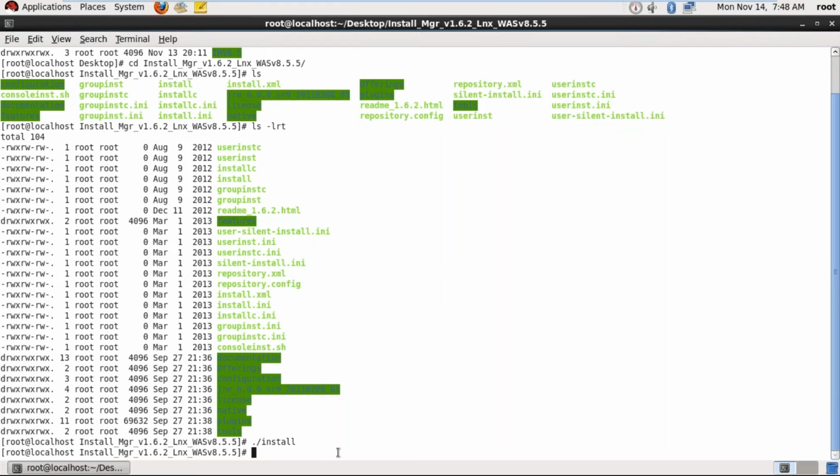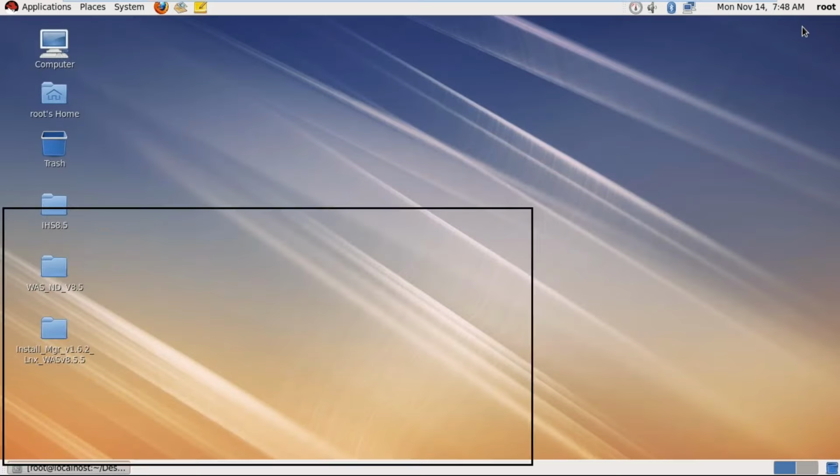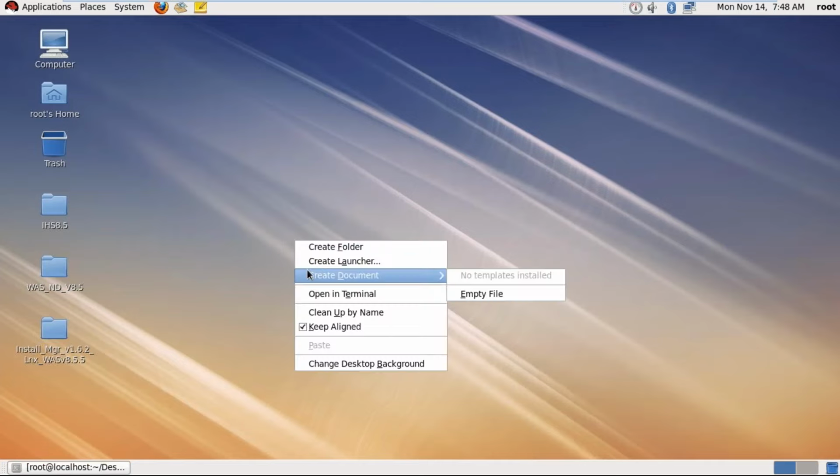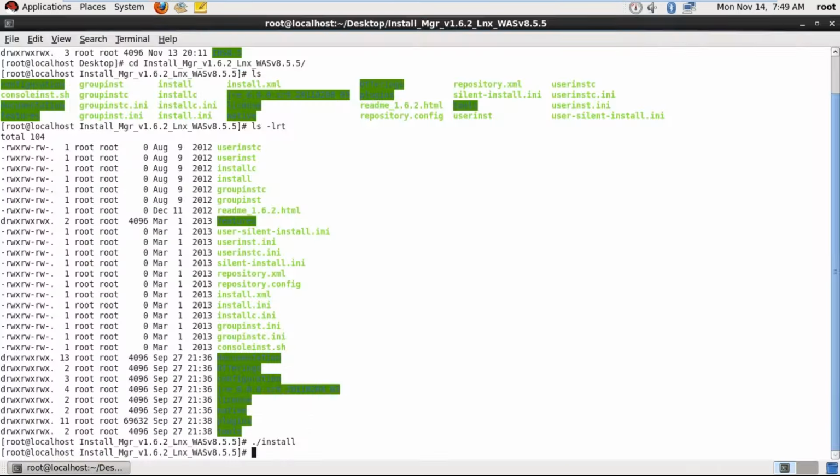Click on install. It will open a graphical window. And why is the file size 0 for that? That's what I'm checking.